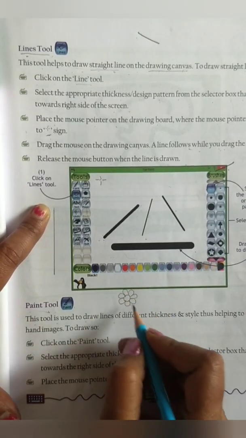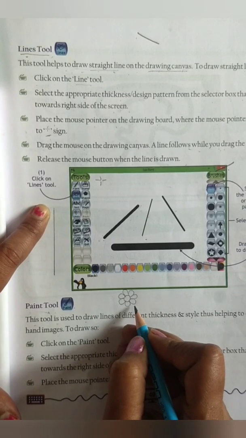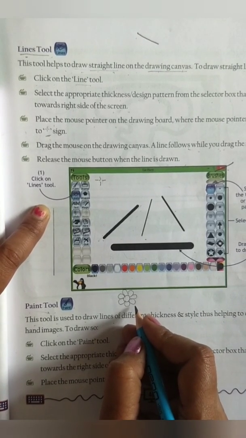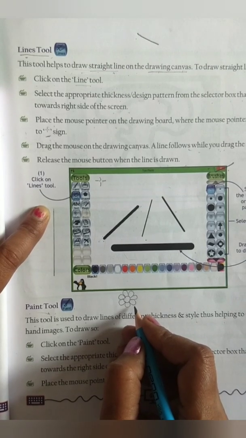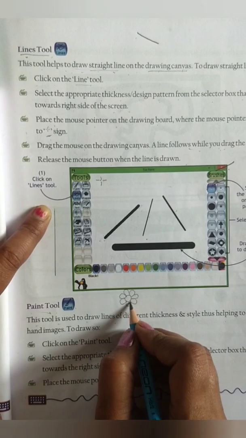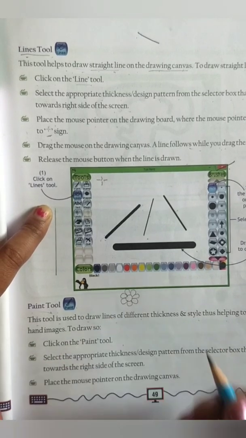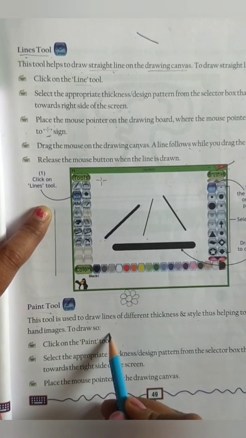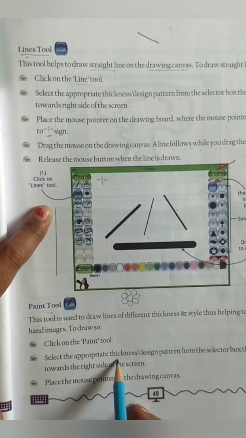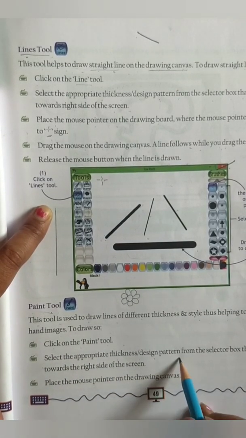Okay, so this is my freehand drawing. The drawing that you make without using any tool except your pencil or eraser, then it is called as your freehand drawing. Okay, children?